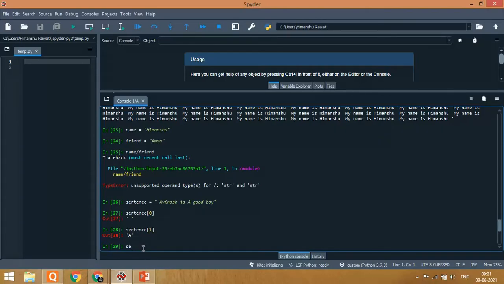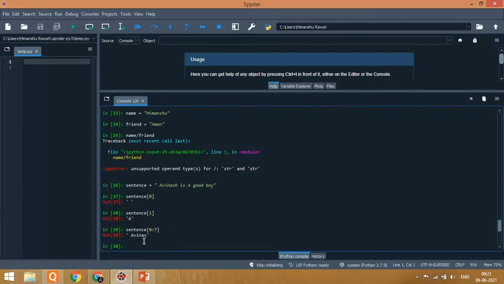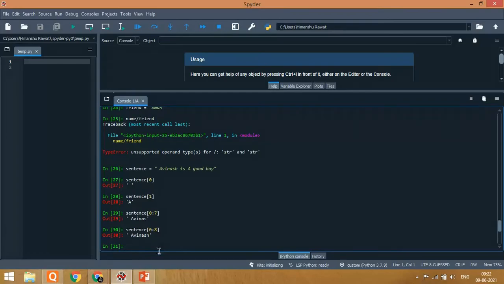Just see how it works. Sentence square bracket 0 to 8. Suppose firstly I type 7, you can see we get only Avinas because the last value is not included by Python. That's why we need to write one more to get the complete name Avinash. As you can see, now we get Avinash.